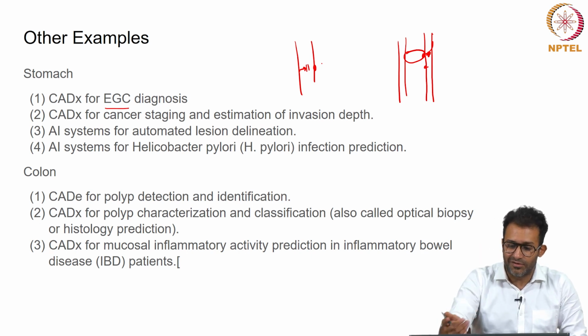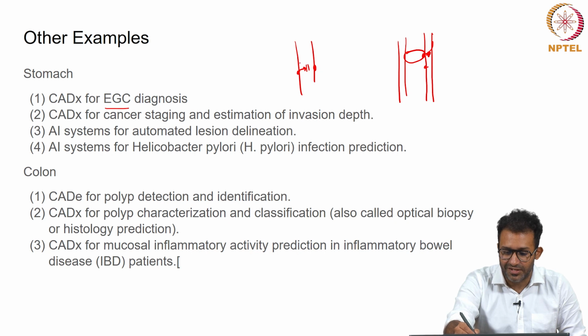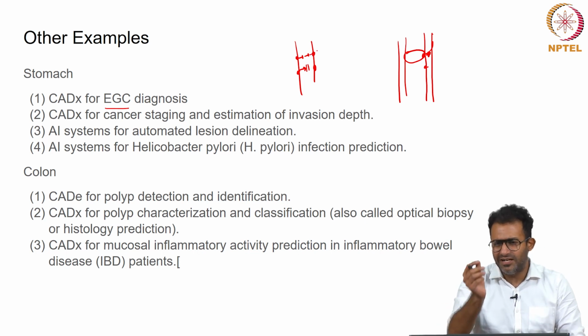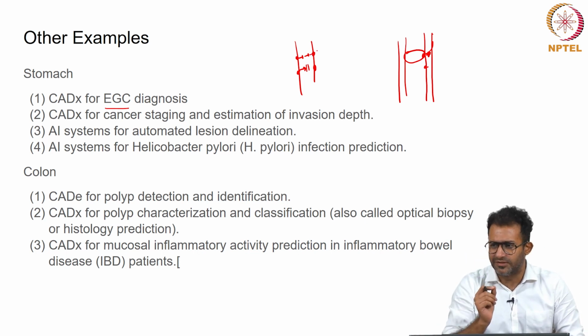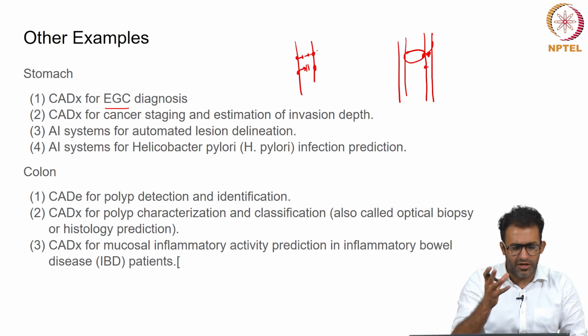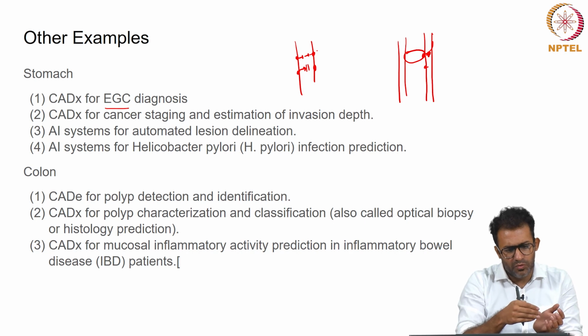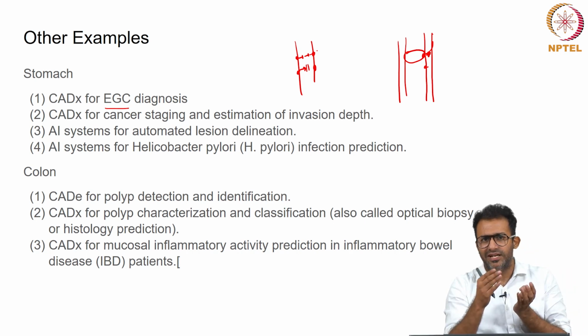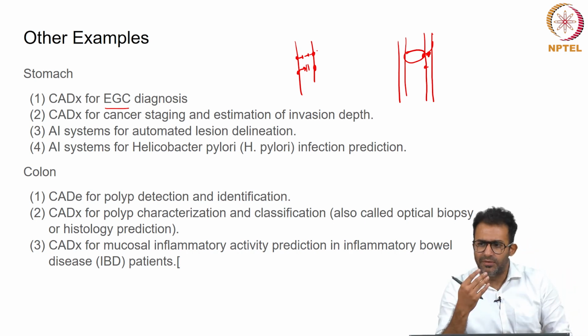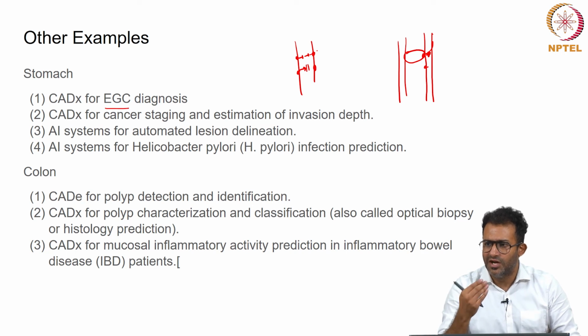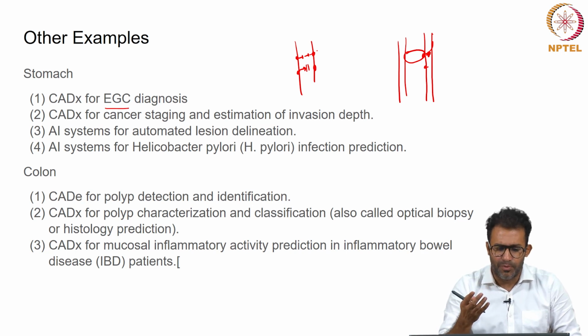So, the entire survival of the patient depends on where the cancer is. If the cancer is over here, it's good. If the cancer is over here, it's slightly bad. If it's over here, even more bad. And if it goes over here, it becomes really bad. And it's just a matter of a few millimeters. And the role of early diagnosis plays a role. And even if we are not able to make an early diagnosis, understanding the depth of penetration helps us in having a meaningful discussion with the patients about their survival, and that's very important in this particular era.